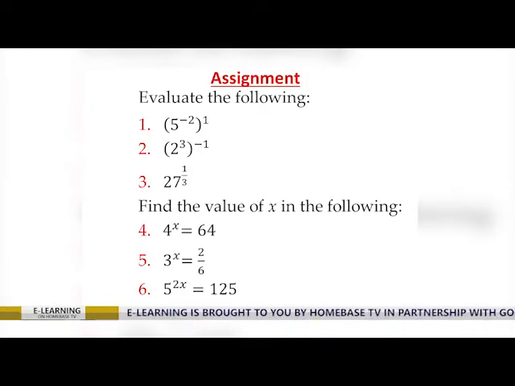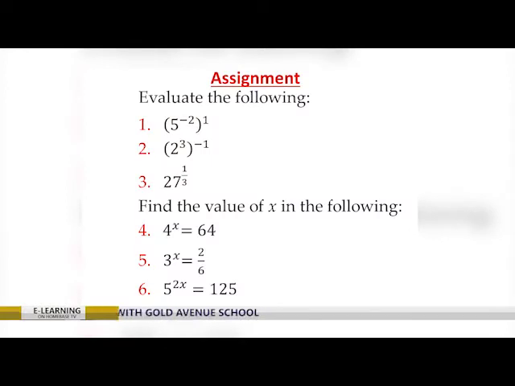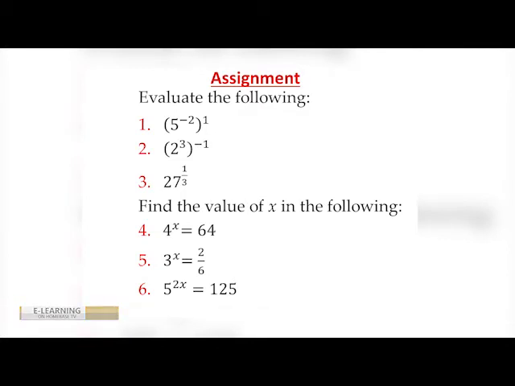The first one, you have 5 exponent negative 2 in the bracket, and then outside the bracket, you have exponent 1. You have to evaluate. Whenever you are being asked to evaluate, all that you need is to find the value. Come up with the numerical value. Number 2, we have 2 exponent 3 in the bracket, and then exponent negative 1. And the third one, we have 27 exponent 1/3. You have to evaluate 27 exponent 1/3. So I told you, when you have the base and the exponent fraction, you can express the base in the exponential form such that each exponent you get will be the same as the